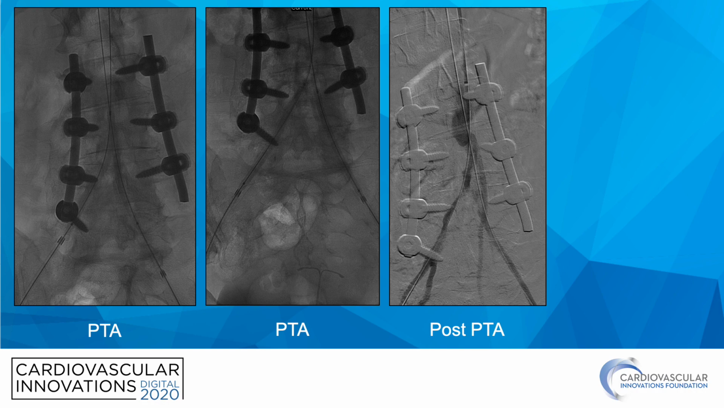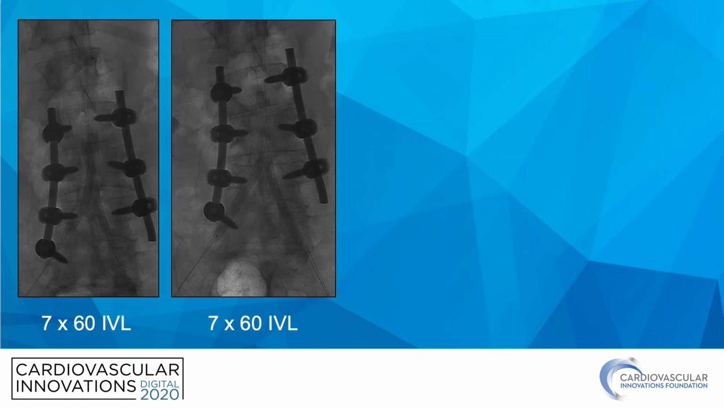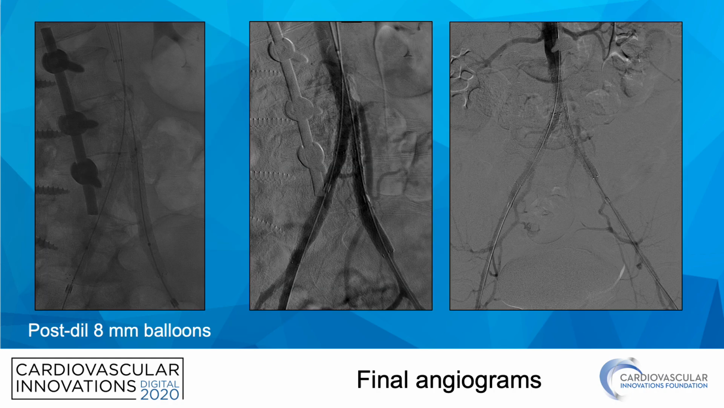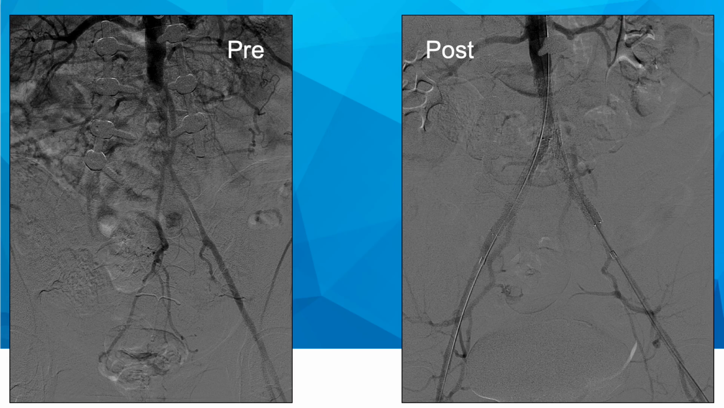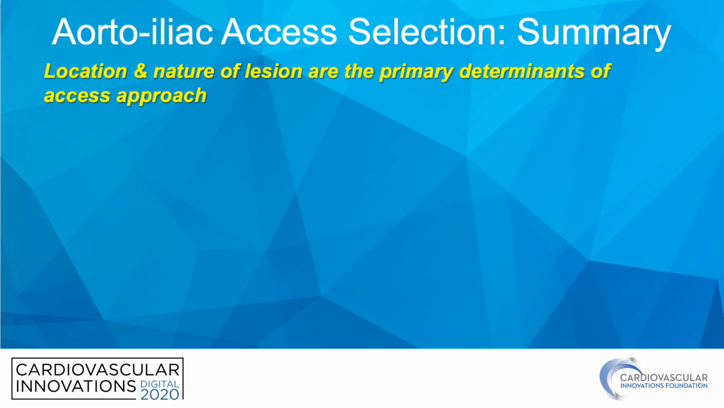Repeat angiography shows restoration of antegrade flow. We then performed intravascular ultrasound imaging for stent sizing, followed by shockwave balloons and placement of stents with an excellent angiographic result. So in summary, the location and nature of the lesion are the primary determinants of the access approach,